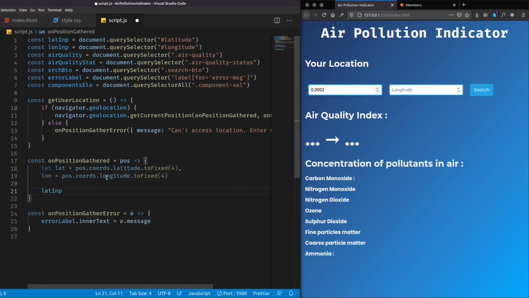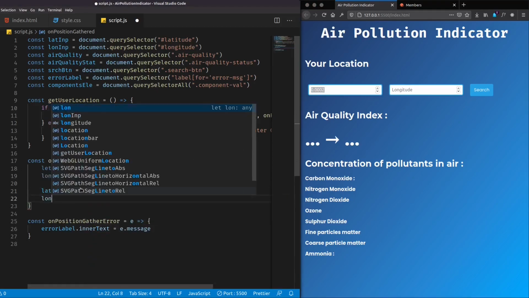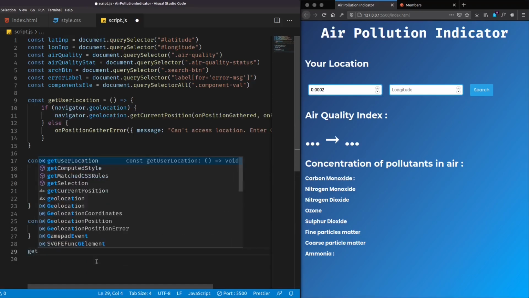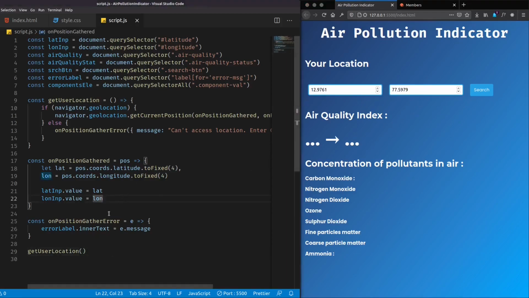Let's show that to the user. From this input field, I'll set its value to be the lat, and the longitude input dot value to be the lon or longitude variable. Let's get user location, and now if we reload, it will first of all ask permission, and if we grant, here we get the coordinates. Now we got our location.